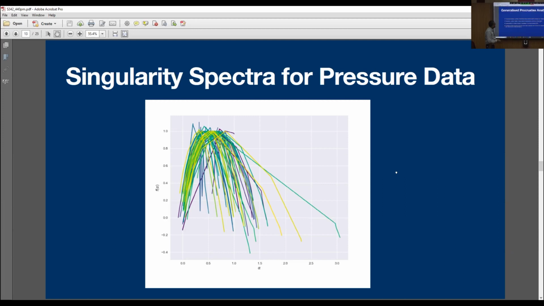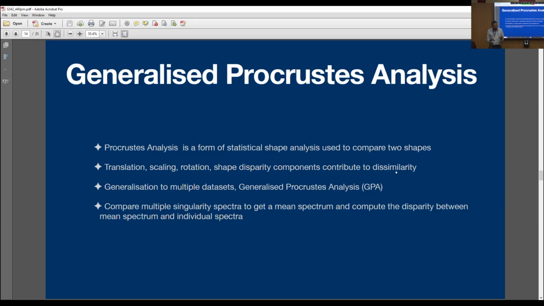So at this point, we want to quantify the shape. What's the mean shape of this? You use Procrustes analysis. Procrustes analysis generally works with two shapes, and you see how different they are. First you translate them to the origin so they overlap. Then you scale them and see how the scale disparity is. Then you rotate them so that the norm is minimized. After all of this, if there's some disparity left, that's called the shape disparity. So this is all it does.